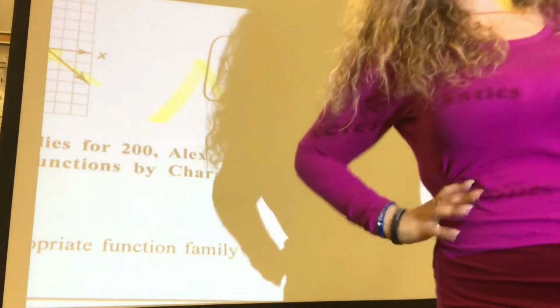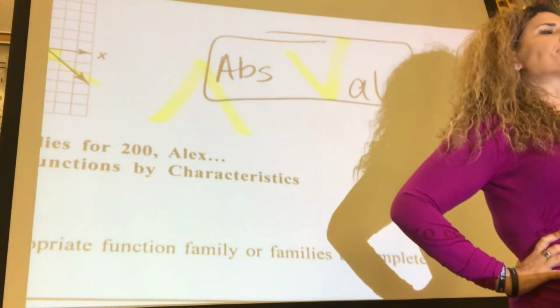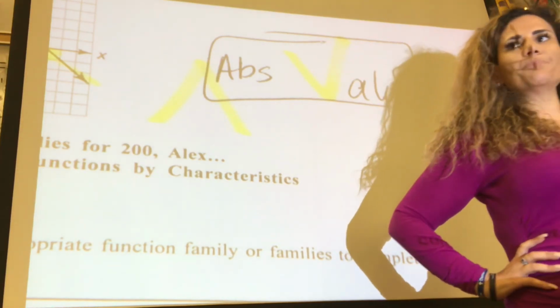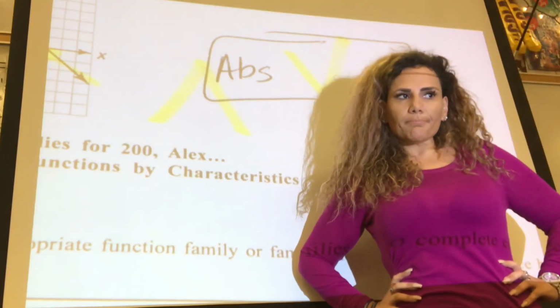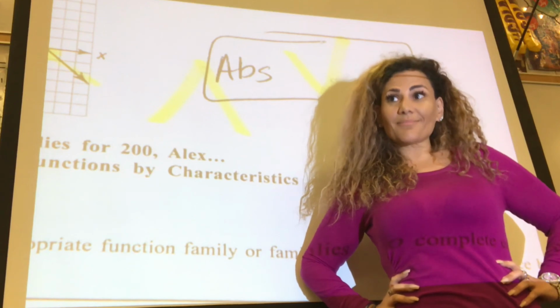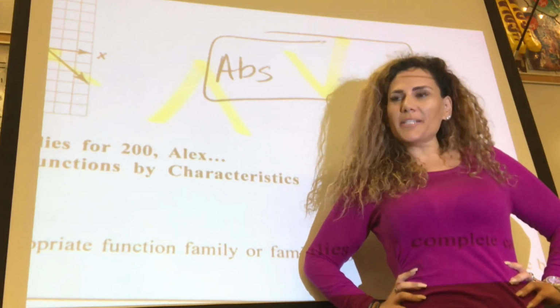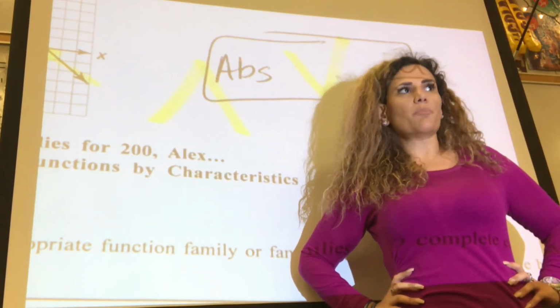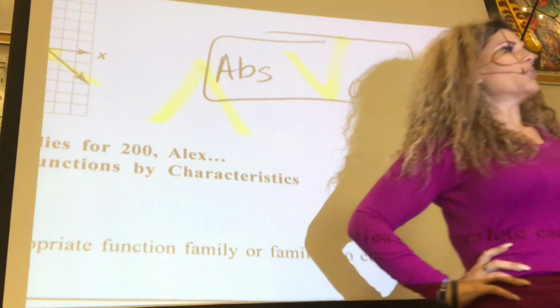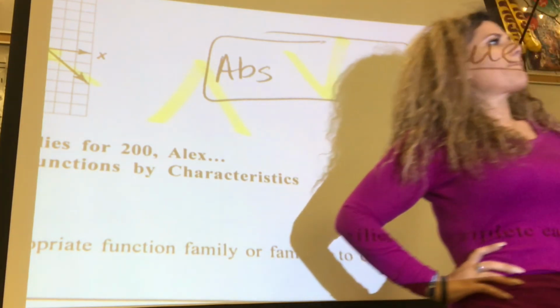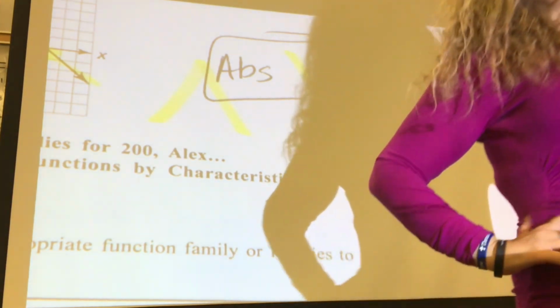I would love to answer a question right now. Yes, sir. So anytime there's like a V-shaped line, it's automatically absolute. Beautiful. Anytime it looks like a V, the shape tells you that's an absolute value equation. Yep. Give me a summary, please. Today I learned